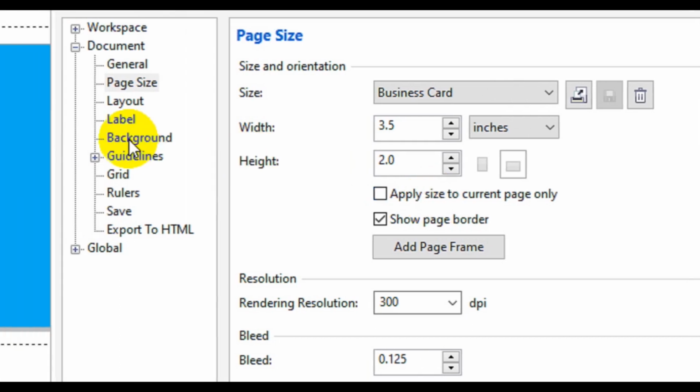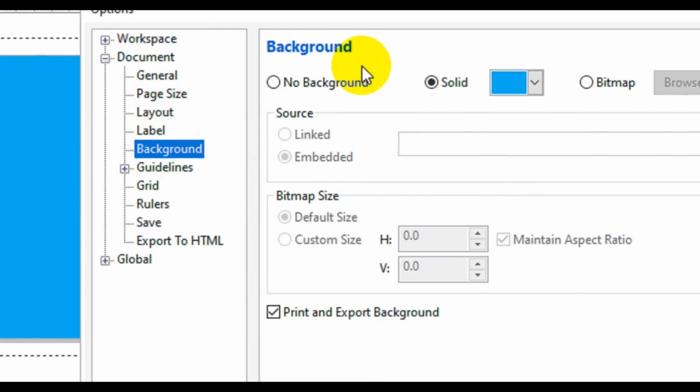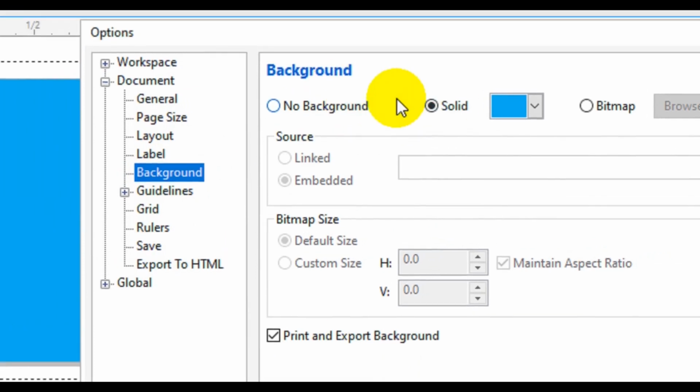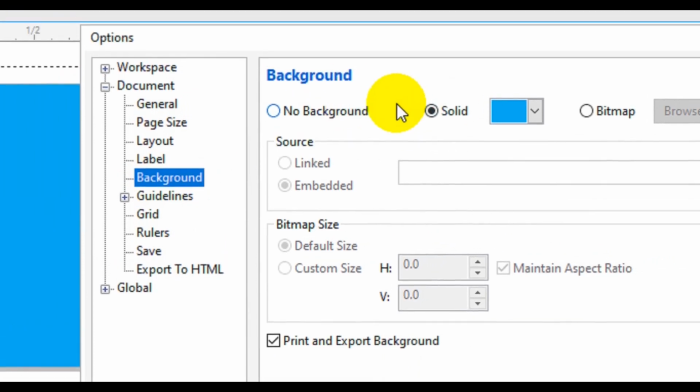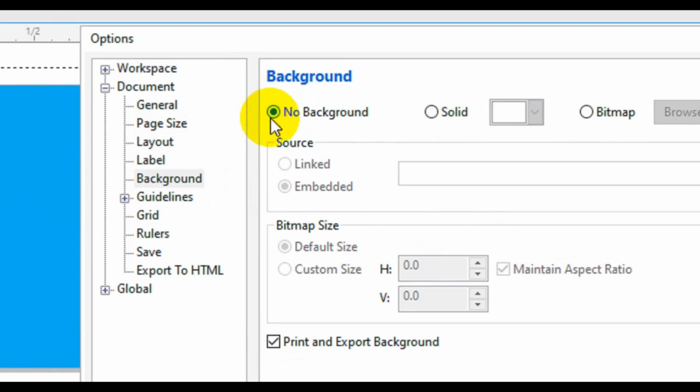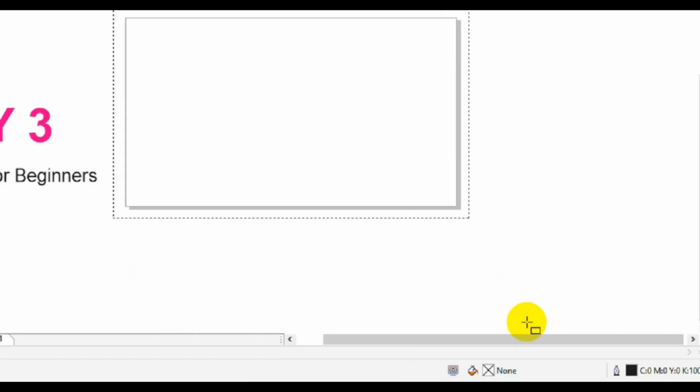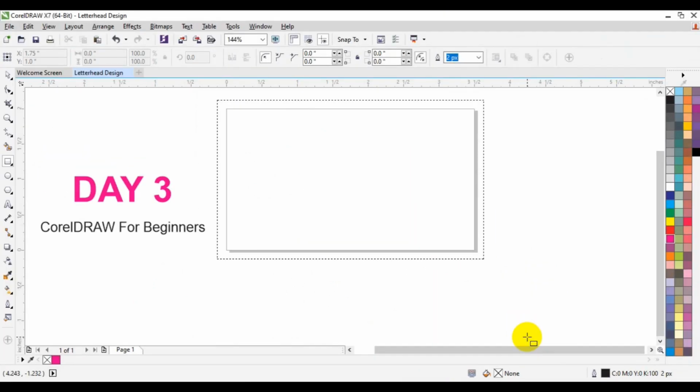Here we can go back to the background. If you don't like to make use of a solid color as your background, you can go back to no background. Then once you are done, you click on OK. So the background color is going to disappear. As you can see on the screen here, it has disappeared.